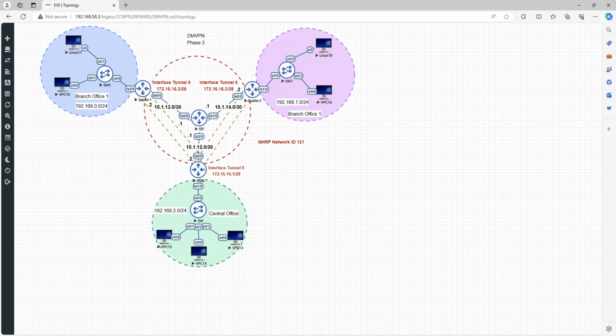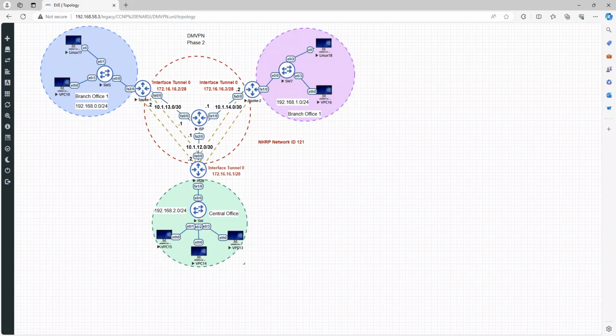as an overlay network on top of the underlay network, like this transport media, for example, the fast internet here, or maybe in some other environment, fiber. You may use fiber optic technology as an underlay or transport network technology, and by means of DMVPN, we can connect logically all of those sites together. And here in this scenario, we need to connect central office resources with branch office number 1 and branch office